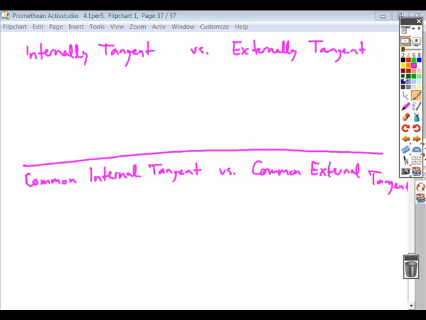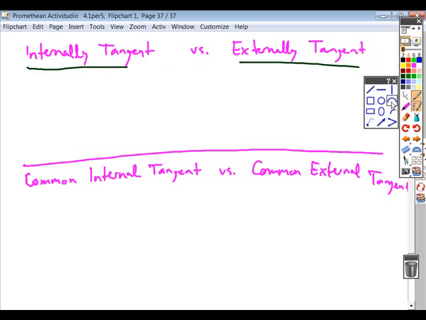All right. So here's two sets of related words that have different meanings. You need to be able to identify which one is which. Okay, the first is internally and externally tangent. So when you're dealing with circles, two circles can be internally tangent